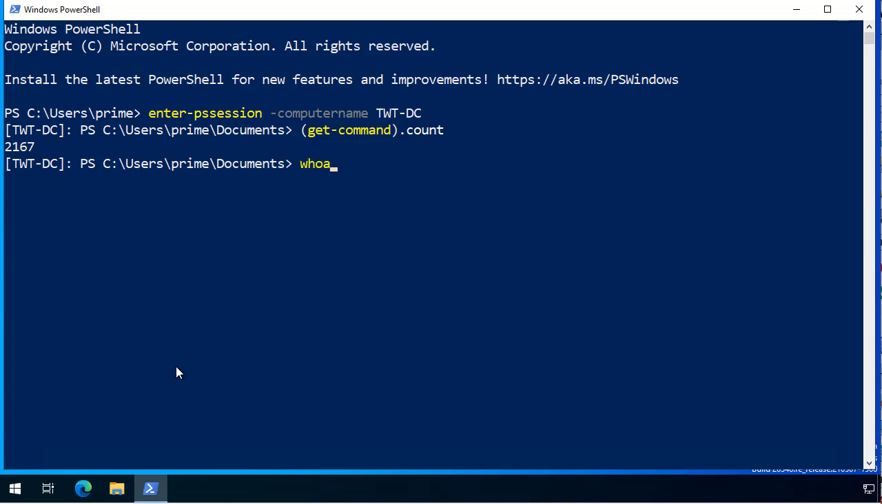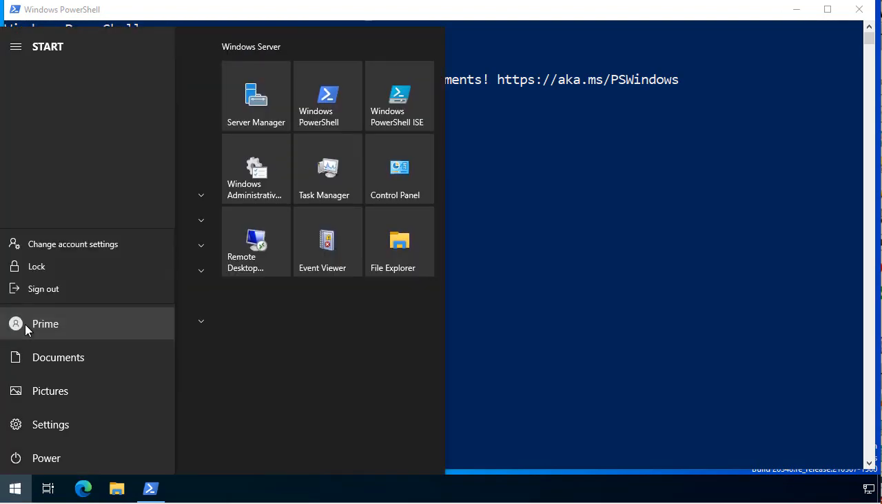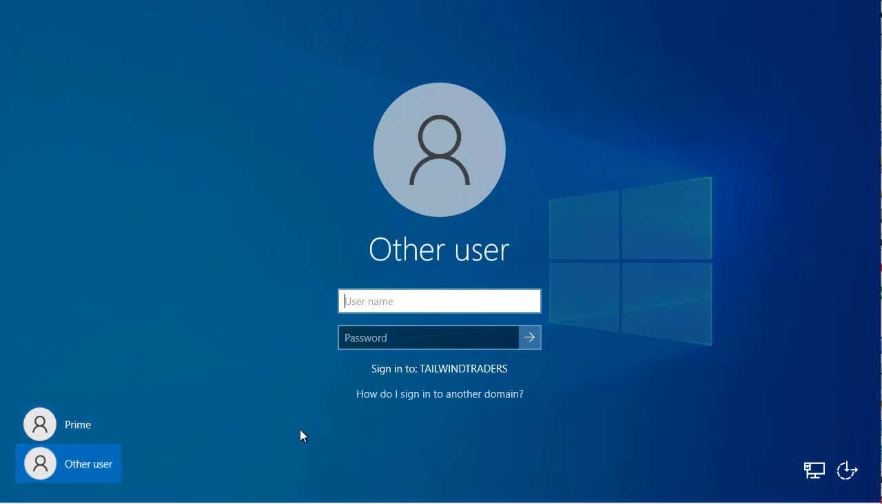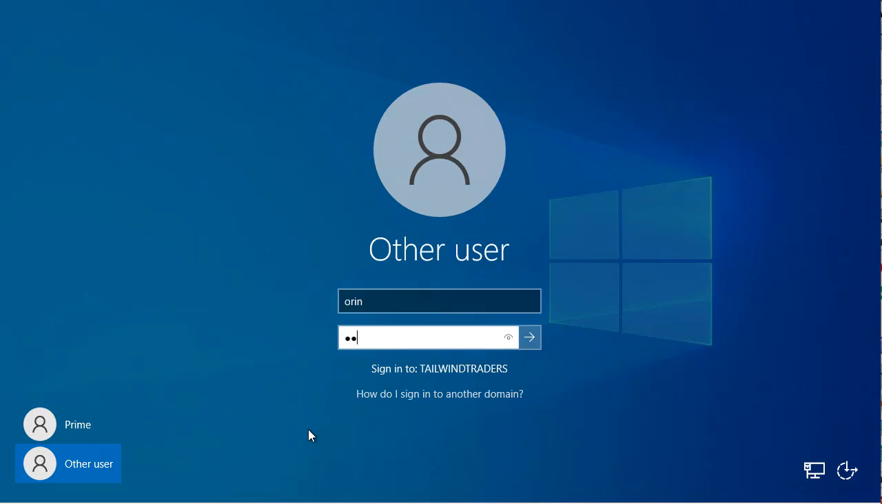And then I can run a whoami. And it comes back and says, well, you're Tailwind Traders Prime, because I am connected using a standard remote PowerShell session. So I exit that session and I'm going to sign off. Now what I'm going to do is I'm going to sign in with a user account that's got no administrative privileges whatsoever, other than being a member of that DNSOps group, which is just a standard security group that just happens to be associated with those JEA configurations. So I sign in as Oren, I put the password in,